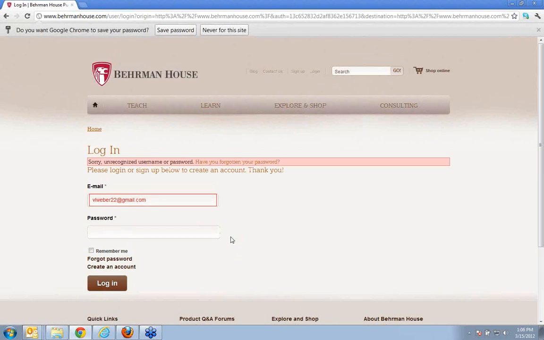So in this case, I'm going to get a message saying, sorry, unrecognized username or password. And if I think I have forgotten my password, I can click on Forgot Password and have it send it to me. But if I've not registered, let's say that I think I forgot it and I want to click Forgot Password. If I'm not registered,